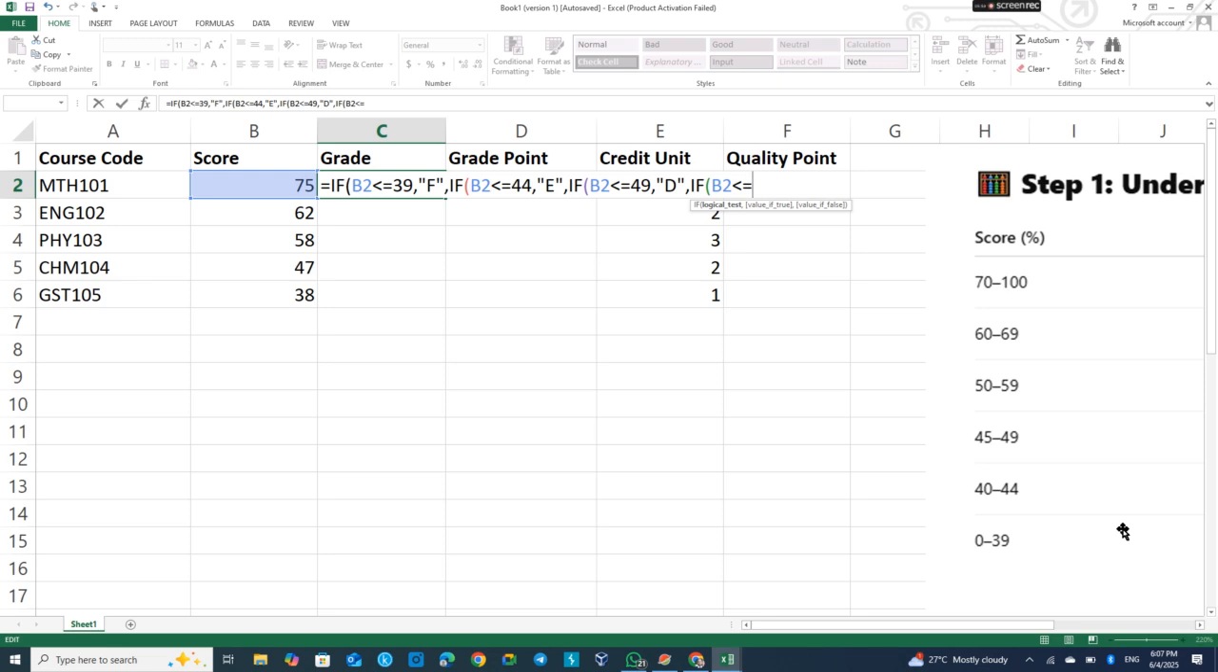50 to 59. So I'll take the highest part of that range, which is 59. So, and dash what? Comma. Then I'll put a quotation, then C. Then I'll put another comma, then if again, open bracket. If B2, which is my grade point, is less than or equal to 69, I'm using the range 60 to 69 and 69 as the highest. So 69, then I put a comma, then I put B,